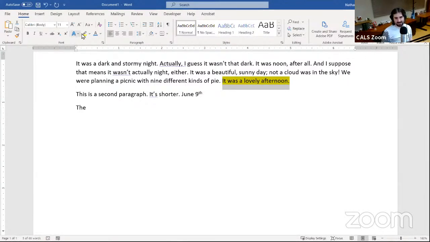And to remove the highlighting, I have to have the text selected, and I have to come up here and click on the highlight button again. The other thing that I can do, if I don't have any text selected, I can click on the highlight button and it goes into essentially highlighter mode. So you'll notice my mouse pointer here has the little kind of eye-shaped line like it usually has when you're working with text, but it also has a highlighter marker in front of it. So if I come in here and I select some text, then it highlights that text rather than just selecting it. And if I want to remove the highlighting, I can drag over it again